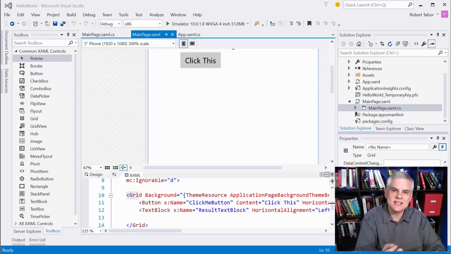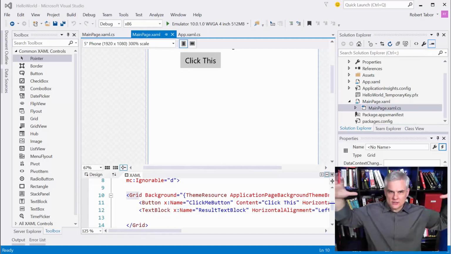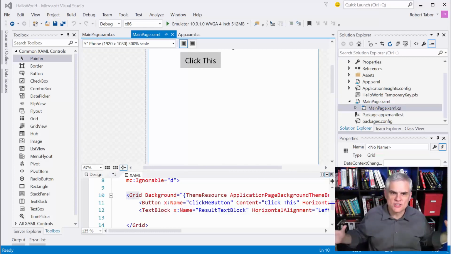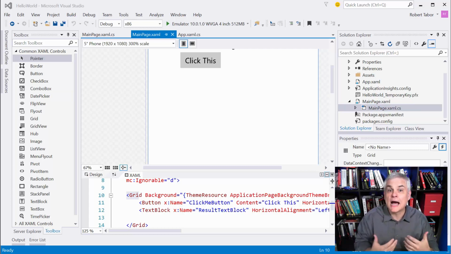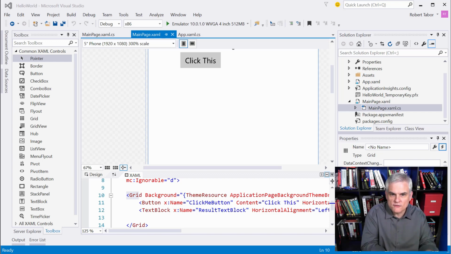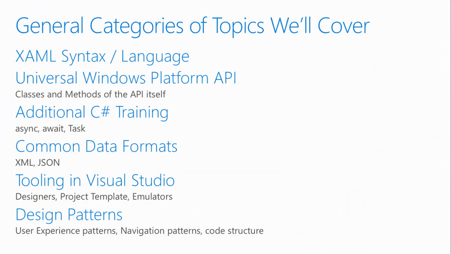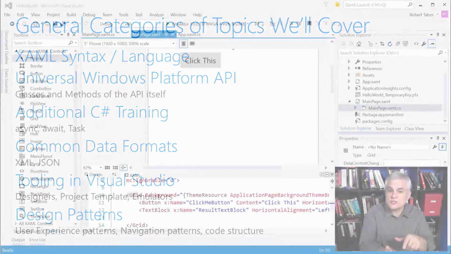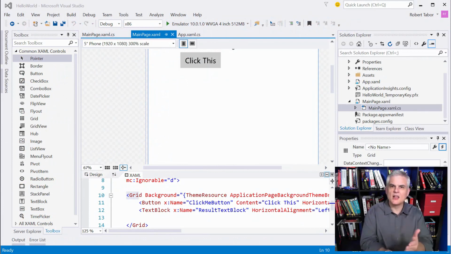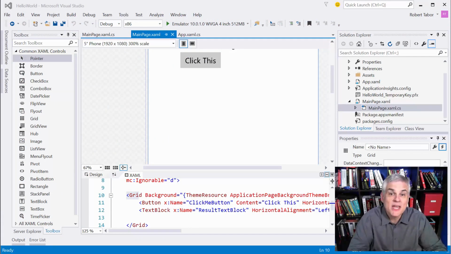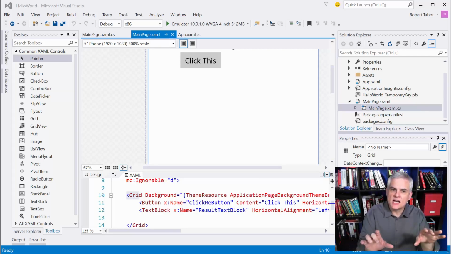as we're learning. And then sixth and finally, we're going to have to learn about, at a higher level, as we step back, patterns that we should follow whenever we're building our application. So patterns are guidance. They're good solutions to common problems. There are patterns that help us design our application's user interface so that it looks and behaves like other Windows 10 applications. Then there are patterns that apply to navigation so that users who have used other Windows 10 applications feel comfortable navigating through the various pages in our application. And then there are also coding patterns, especially when working with data in C# and displaying updates to that data back